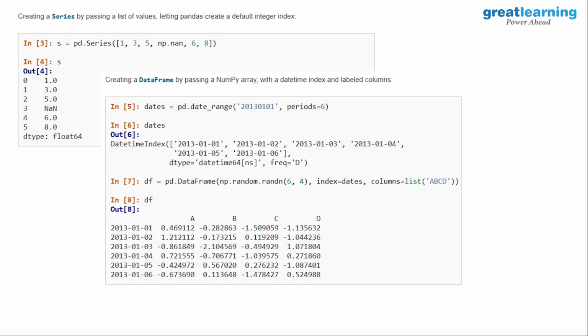What is the column? What is the row index? Why did it start from 1/1/2013? Because that's the starting value I have given to it. How you should understand this example is, don't go by this range and all. You try to understand how a data frame is created. A data frame is created first with values, second with the index label or row label, and third with the column label or column index.